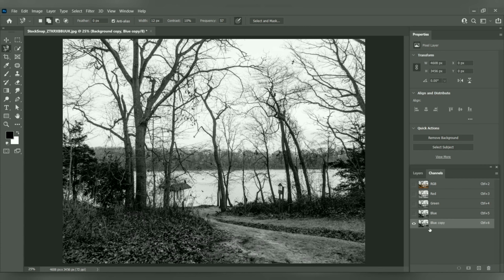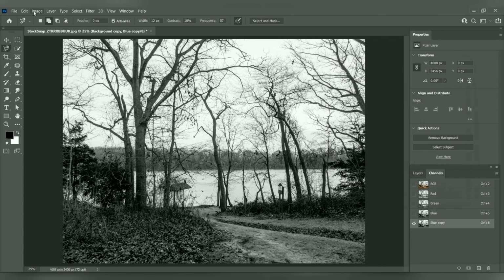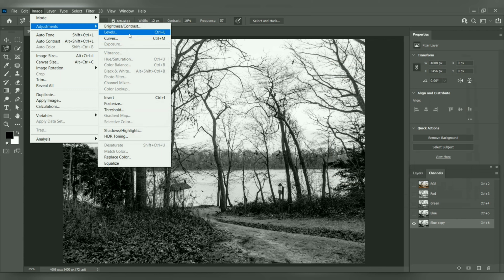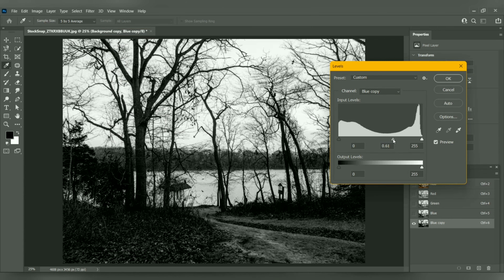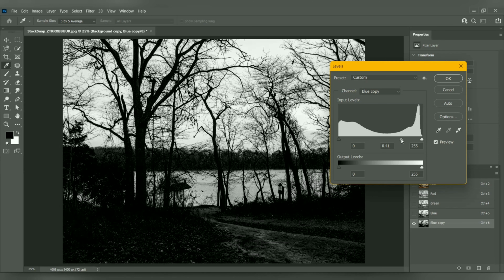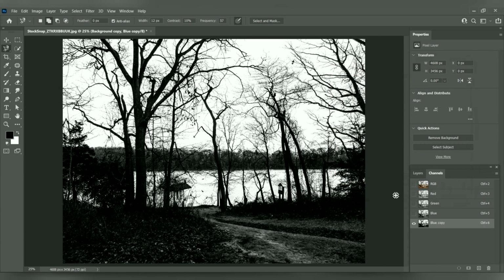Note, the copied channel is an alpha channel and the rest of the channels are color channels. Now I will adjust its levels, that is, making black more black and white more white. Its shortcut is Ctrl L. As you can see, I am adjusting the levels. You may ask what the purpose of doing so is. I am doing so to enhance the contrast of the image and make things more differentiable so that it would be easy to select.